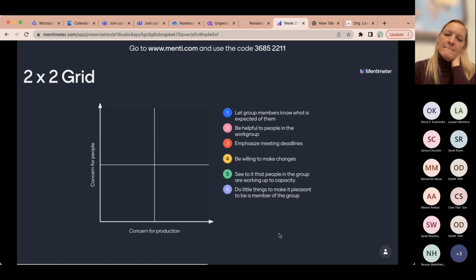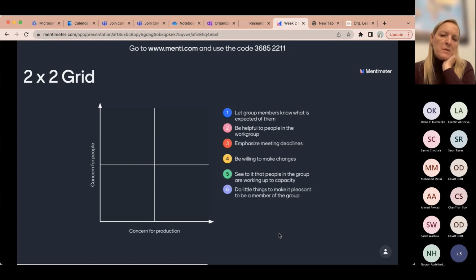Sorry, I have a question. Yes. What is meant by concern for production and for people with respect to each of the stated variables? Because I don't know, for example, let group members know what is expected of them. Then I have to rate the concern for production and then concern for people. I don't get the...